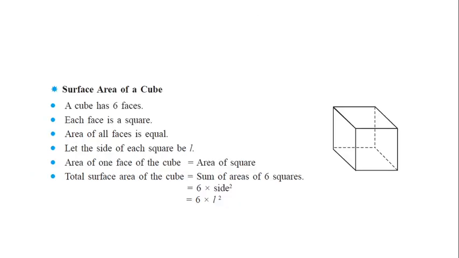Next one is the surface area of a cube. Since the cube has all its faces as squares, and we know that the area of a square is equal to L square or side square, which we have already discussed earlier in this lesson. So this figure has 6 faces, therefore 6 multiplied by L square. Earlier we considered it as A square. In this we will consider L square, since it is length square.